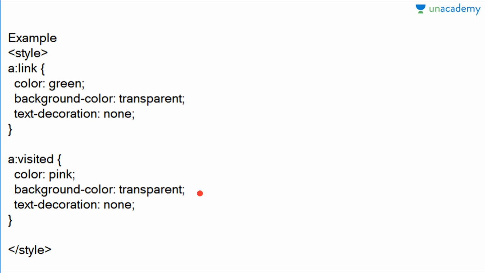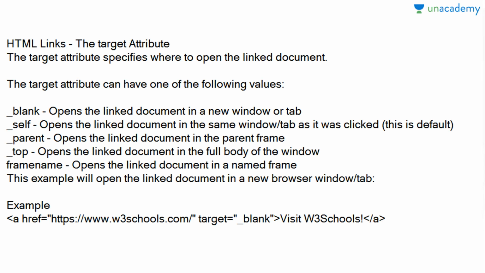If you want some specific color behind your link, then you can set the background color, or you can make it transparent, like it would be the background color of the body. And text decoration means you don't want any text decoration in your link, like uppercase, lowercase or anything capitalized like that. These are the further properties that we will read in our CSS, so you don't need to worry.